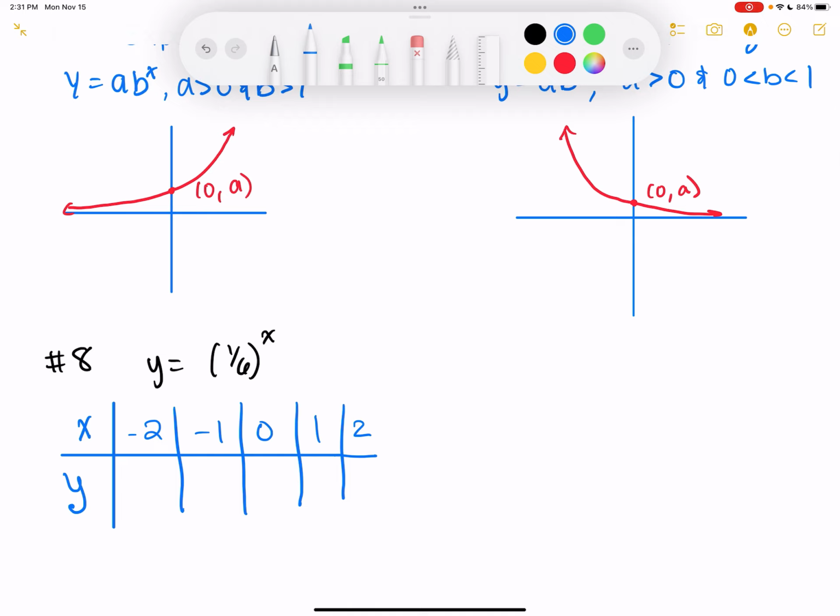When x is equal to 0, what do we have? 1. Anything raised to the 0 is 1. If I make x 1, what do I have? 1/6. And if I make x 2,